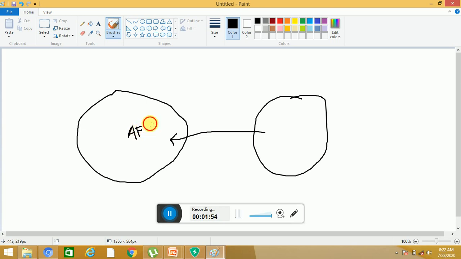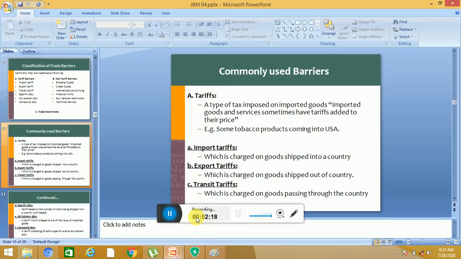So the government of Afghanistan imposes a tax on these imported goods. The government of Afghanistan will charge a tax. This type of tax is called a tariff. It can also be a service, like airlines coming to Afghanistan. The government of Afghanistan charges taxes